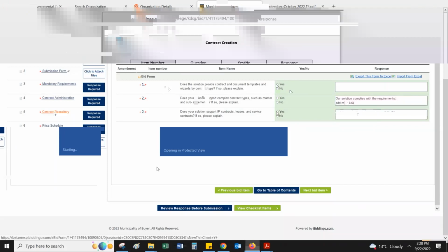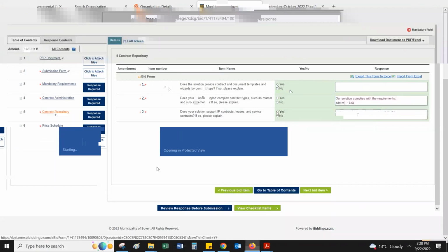Here's an example of another response form, but instead, we need to select from the drop-down menu, and we have to provide a longer response. But what I want to demonstrate here is the ability to upload a document. When you are completing these types of online response forms,